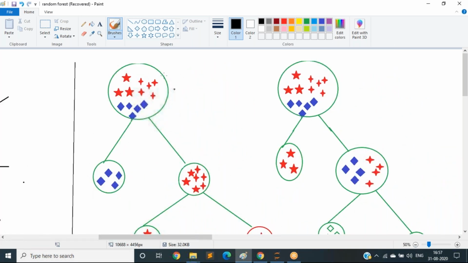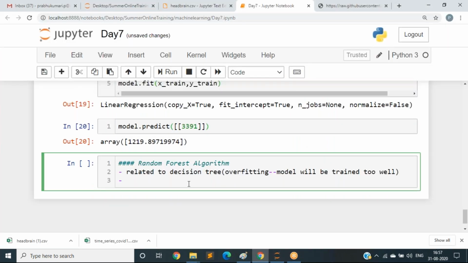First, let us observe this one. We have some group of labeled data here. Now I am going to explain the random forest as a classification algorithm.